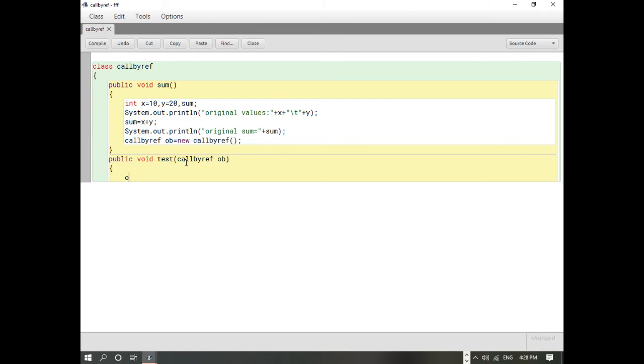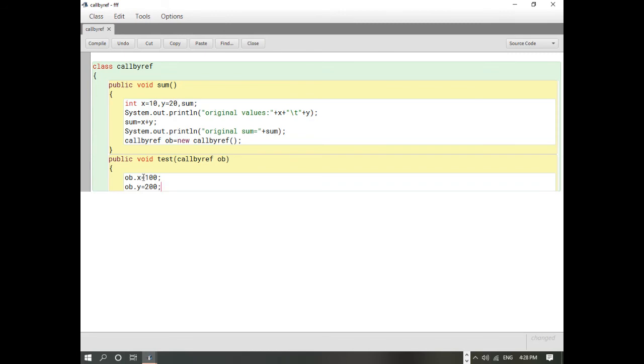Now here I'm going to change the values of the variables x and y. Here also ob dot y equal to 200.